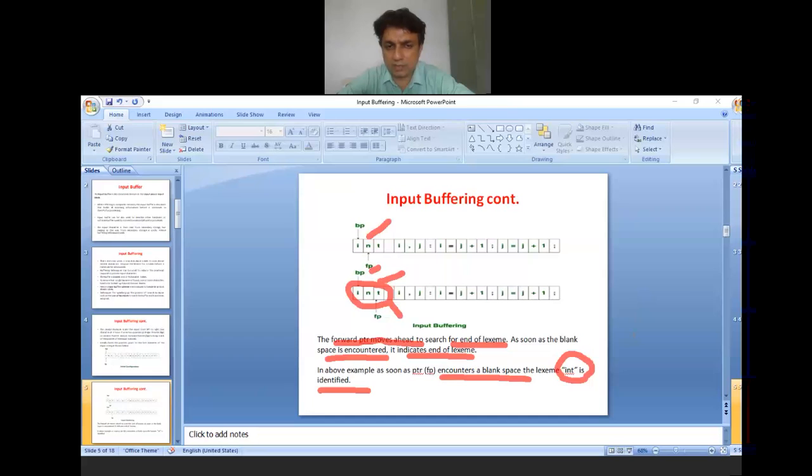As you see in the example, int is there before the blank space, so int has been considered as the lexeme. All of you are getting it? Just write in the chat box. Okay, moving forward to the next slide.